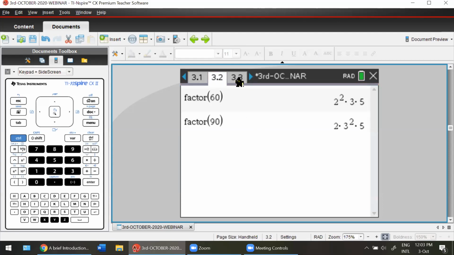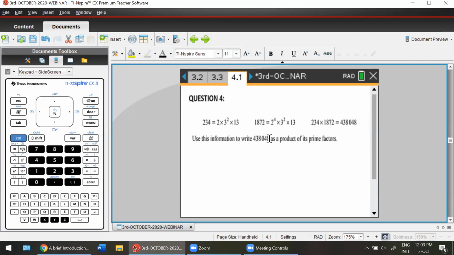So now that you have your answer in place for factors, let's go on to another question of a similar nature, because numbers are full of factors, LCM, GCD, sequences, compound interest, simple interest. All of these topics actually build number. So if you see here, you're given 234, you're given 1872, and then you're given yet another number, which is the product of these two.